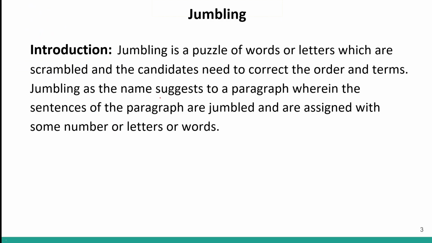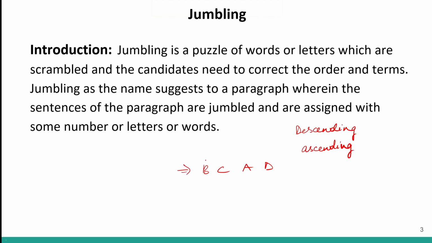So, let us start. Now, what do you mean by jumbling basically? Let us say we have four alphabets, and they are written something like this. They are not in a particular order. They are not in a descending order, neither are they in an ascending order. So when we cannot figure out any particular order, that means these words are jumbled up.